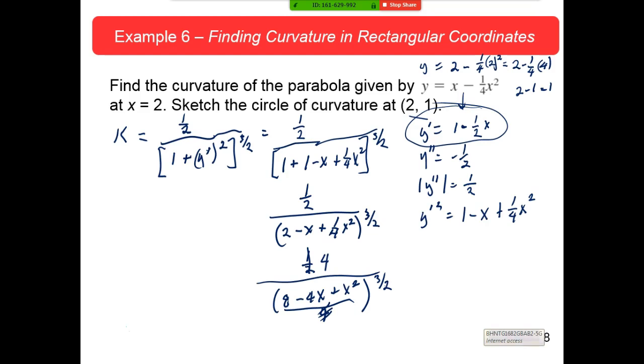we still got to... I really regret that 8 minus 4x plus 1 plus x squared is not a perfect square. If it was, this would be a much easier problem. Okay, but it's not, and